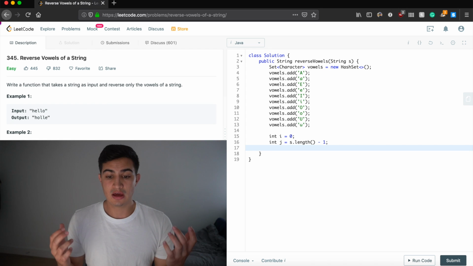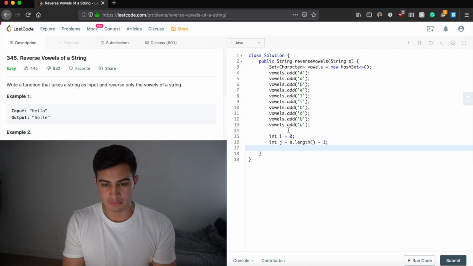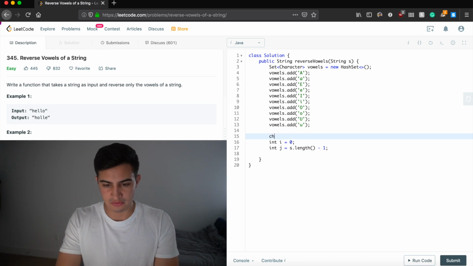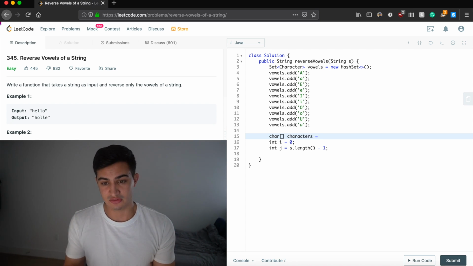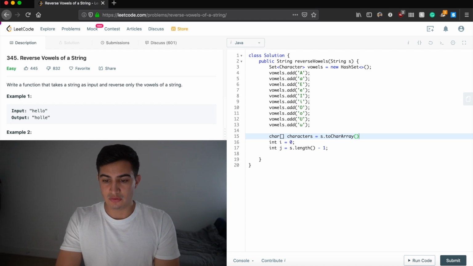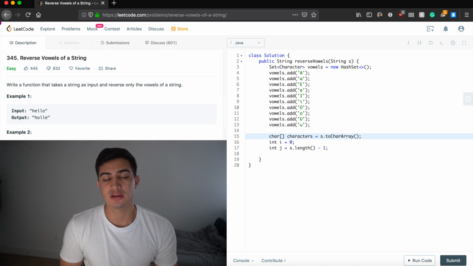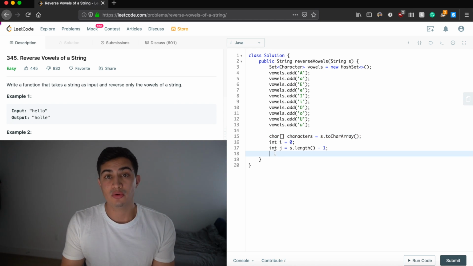So we could actually manipulate the string that we have, and I'm just going to put it up here because our loop will go below. So I'll say we need a character array. We'll call this characters because it's going to be the characters of our string, and it's going to come from s.toCharArray. So again, we're just converting the string to a character array because in Java, strings are immutable. Great, so now we have our 2 pointers, we have our characters that we can manipulate,